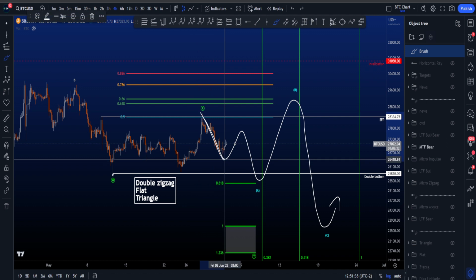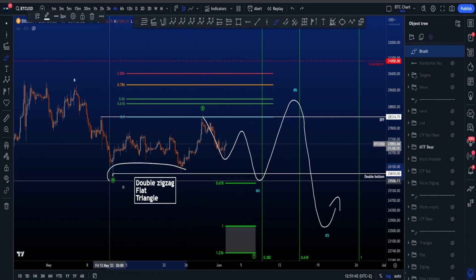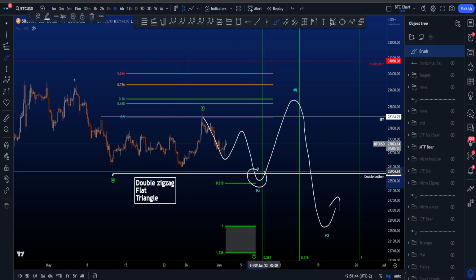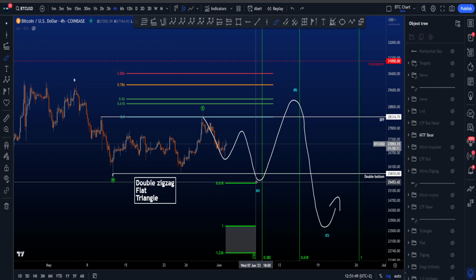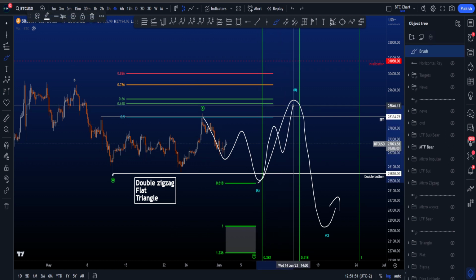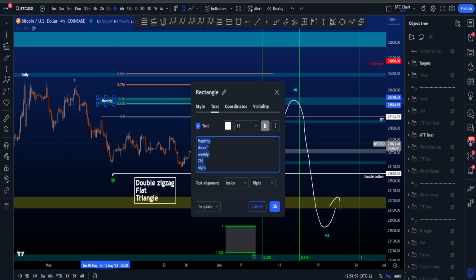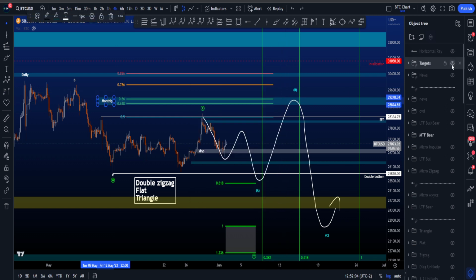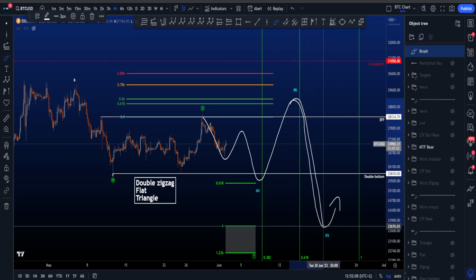then a 3-wave correction, for then another 5-wave move to the downside, and then an A, B, C, where this wave C, I would like it taking the lows, the double bottom over here, so wave C takes the liquidity of the double bottom resting at 25.8k, for then a 3-wave structure to the upside for wave B, where I think this area is very interesting. We have the golden pocket over here, as well as some other confluences in this area, monthly point of controls, weeklies, crazy stuff going on, for a nice resistance area,